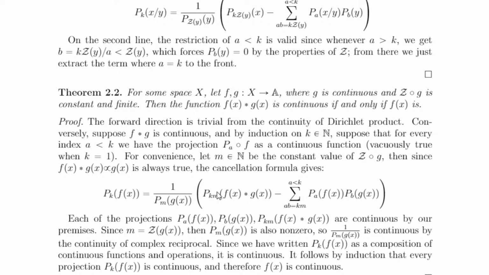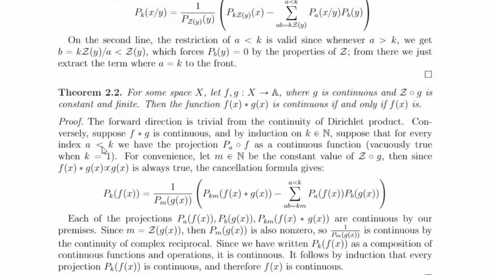That direction is sort of what this whole proof is. So by premise, we're going to suppose this f times g, the Dirichlet product f times g, is continuous. And we're going to do an induction on the indices. And what we're going to do is, by our inductive premise, assume that